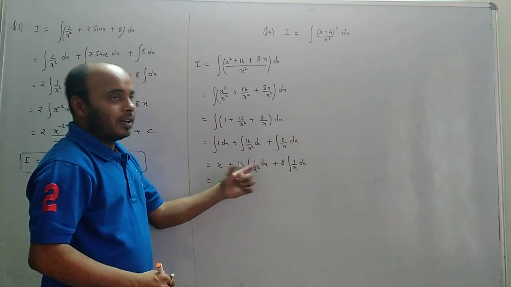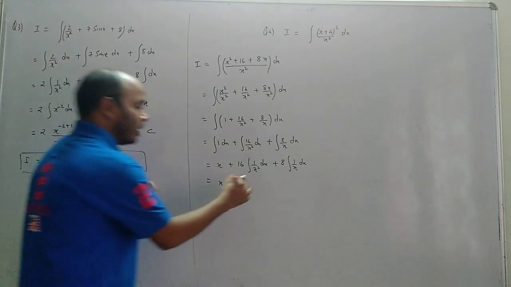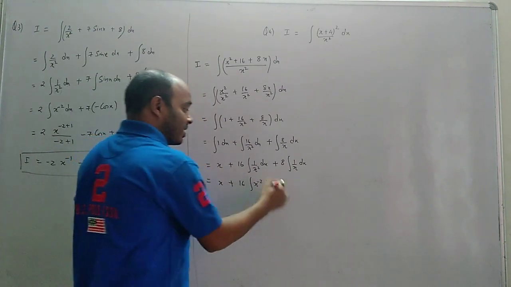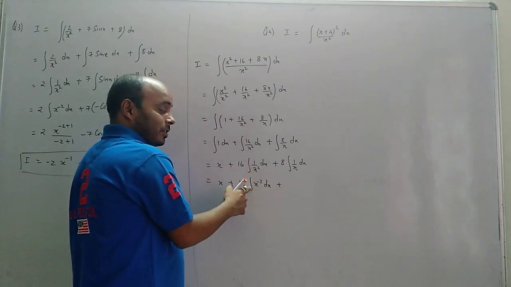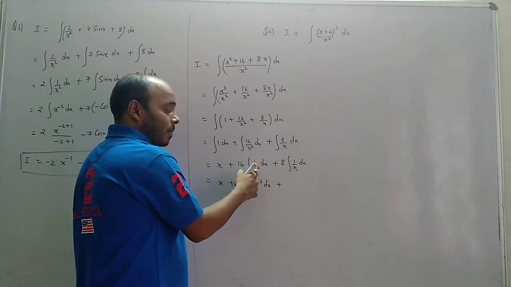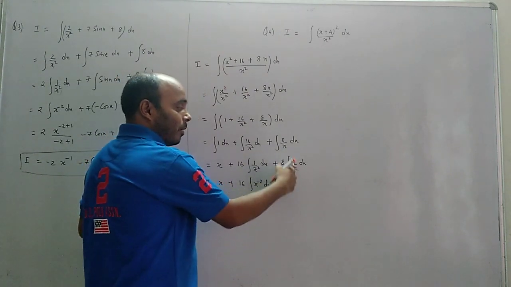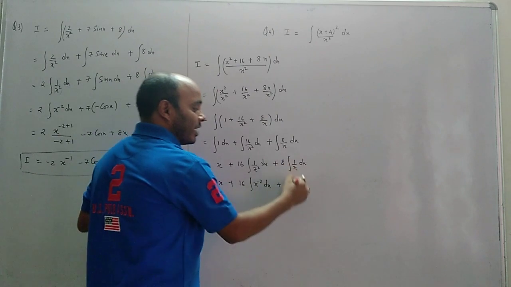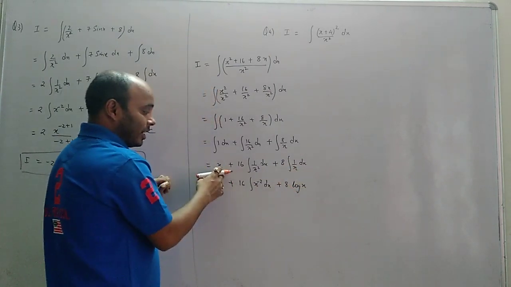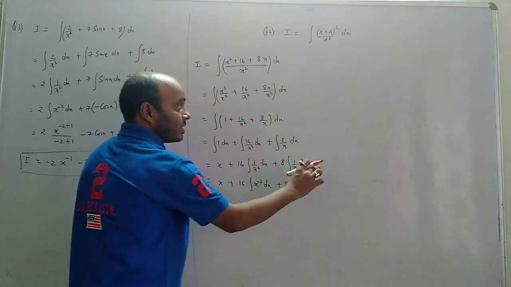Okay, now see. Equals to x plus 16. Is it in the formula? No. Just now we did this for differentiation. Integration 1 by x square. क्या करेंगे इसको? x to power minus 2 dx. Okay, plus. So integration will remain integration. We are only simplifying the inside part. 1 by x square, when this power will go up, it becomes x to power minus 2. Now is it in formula? Yes. Integration of 1 by x dx is log x. So here integration is gone. Here integration is gone. Here still we left with integration. That's why I'm not writing plus c.